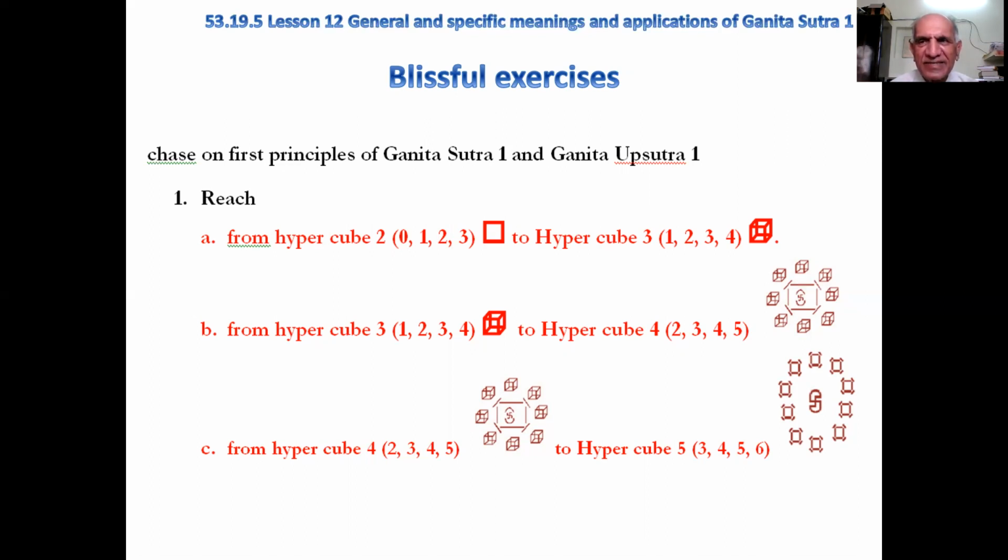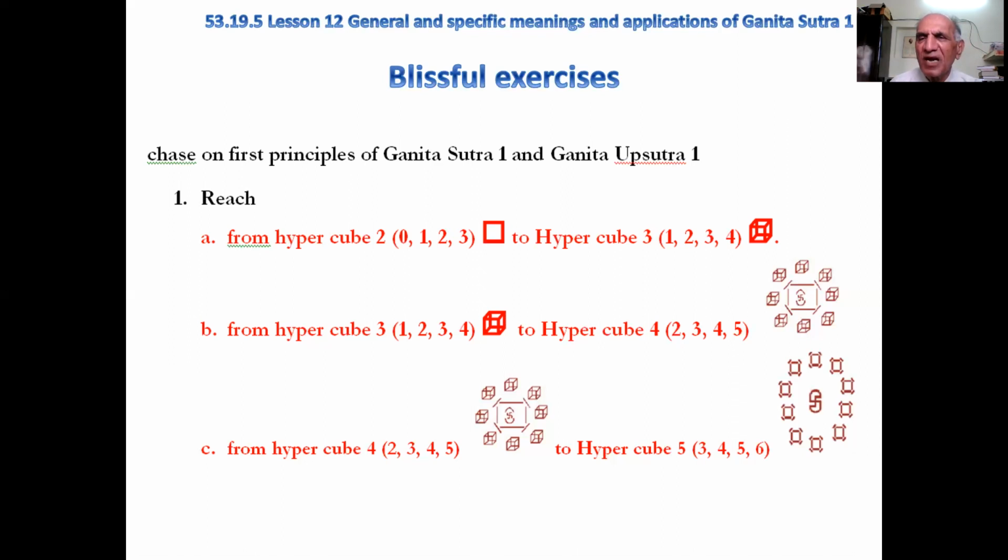These exercises are very blissful chase steps of common applications of the working rule of Ganita Sutra 1 in its repeated applications. The repeated applications of permissibility of the common rule enriches the chase